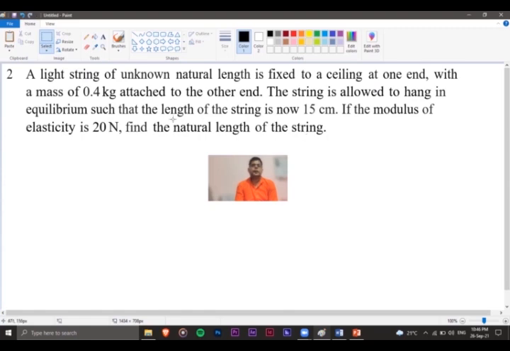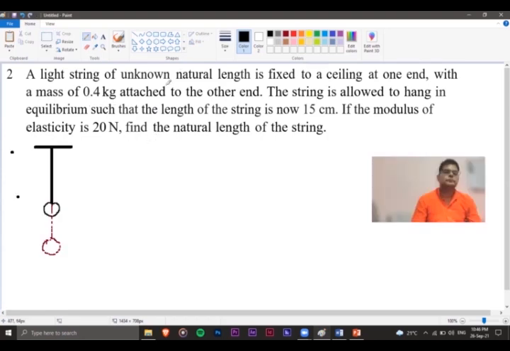So in order to solve this problem, you can see that Hooke's law is applicable. Let's see how we apply Hooke's law to solve this kind of problem. Here this is a light string whose original length is L, which we don't know. So this is the unknown length up to here. And this is a particle or a body whose mass is given as 0.4